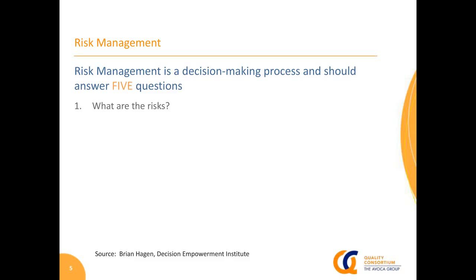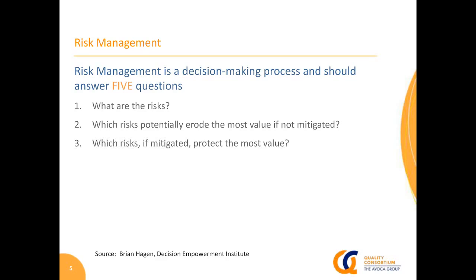So the 5 aspects of decision-making is about what are the risks. So we need to ask that question. We need to know which risks potentially erode the most value. Now we're going to look at the aspects of cost, but cost is only one component. Value is a greater parameter to evaluate when it comes to the potential for risk management and the erosion of total value for programs. And I'll talk more about that. Also, from the opposite perspective, if we mitigate risks, how can we choose those risks that will actually protect the most value? Then also, to which risks should mitigation resources be allocated? We recognize that there are numerous